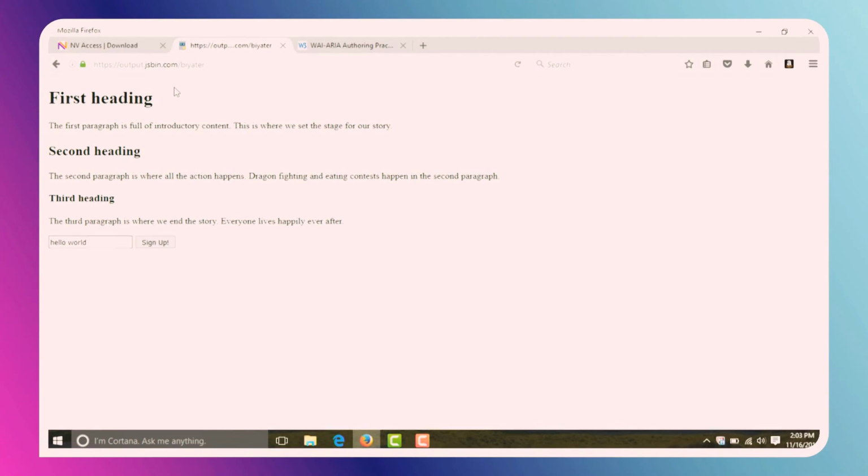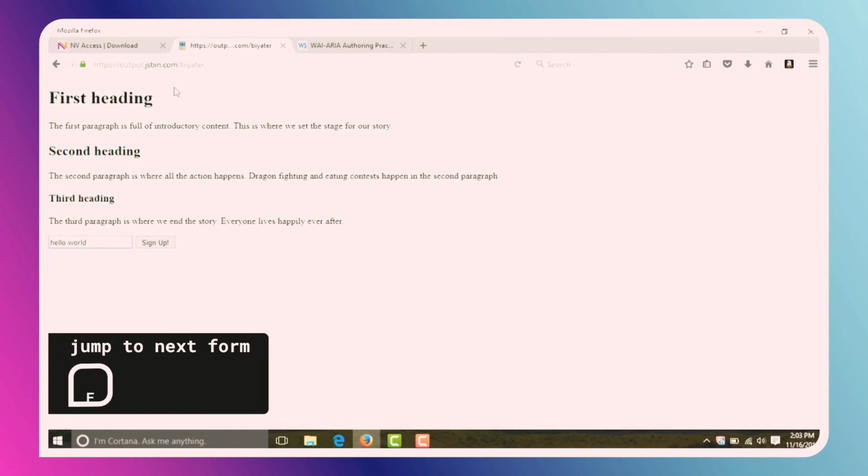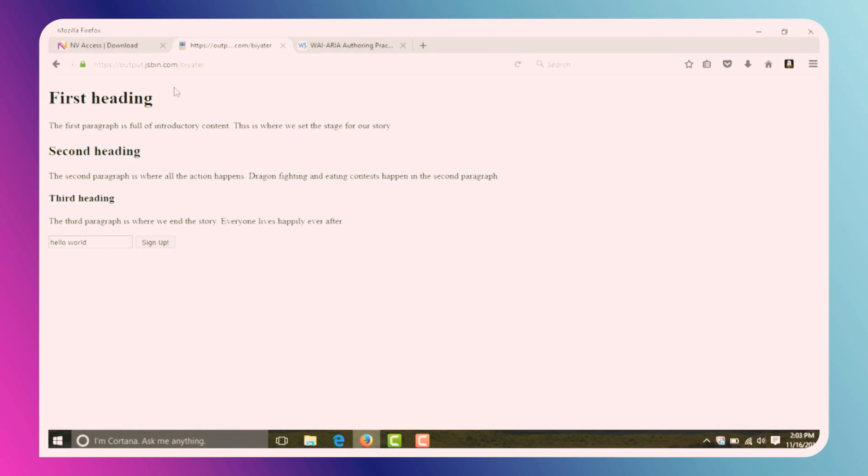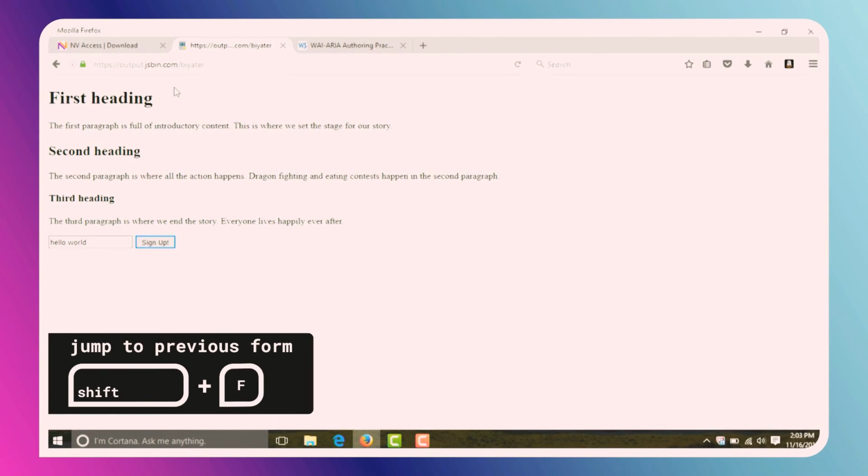I've got some form elements down here. If I want to jump to the next available form element on the page, I can hit the F key. Edit has autocomplete hello world. You can see that put me on this text field. I can jump to the sign up button by hitting it again. Sign up button. And just like we saw with headings, Shift F is going to move us backwards. Edit has autocomplete hello world. Now,